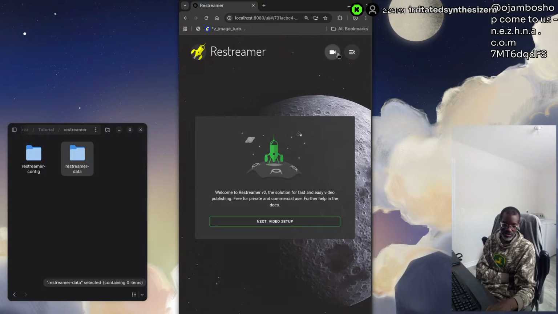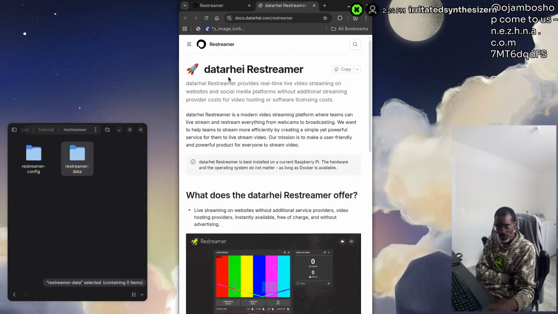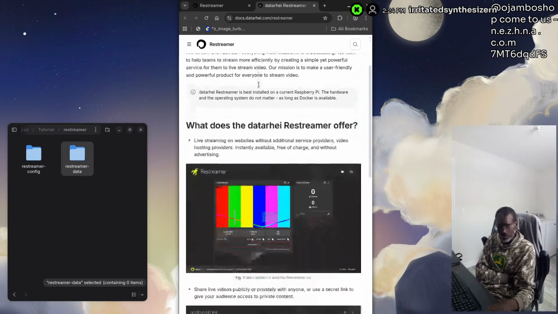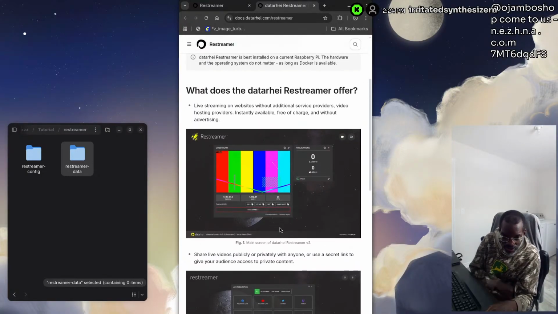So yeah. Oh, here we go. Is this the one to invoke the... Okay, so when you click on that, then you can start... Oh, nice, very nice. And then you can do different channels. I really like this. System, about, logout, docs. Let's go to docs. You can see here it's the data Restreamer. And as you can see, oh, I didn't even see you could do this. What is this one here?